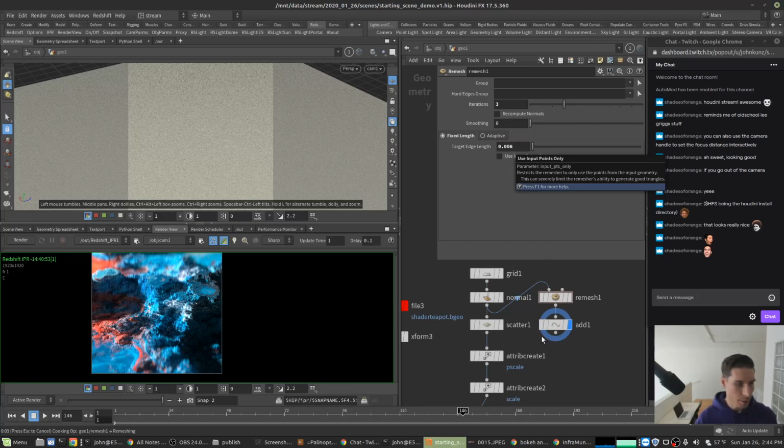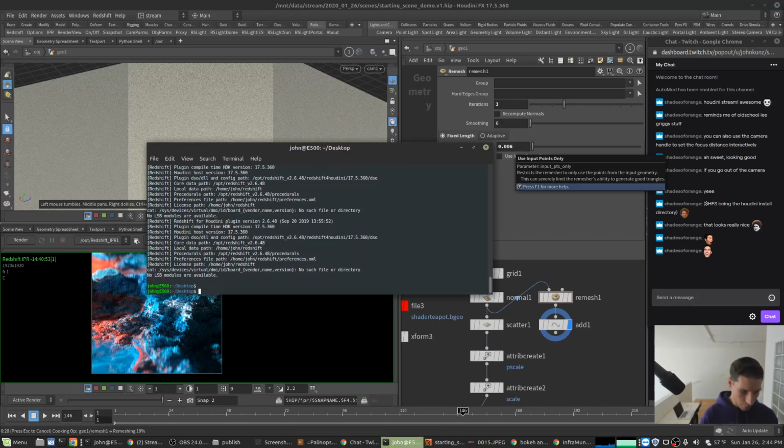So I don't know, sometimes in my tests like this, remesh was faster to make a ton of points but still have them pretty regularly spaced. Sometimes with this scatter node, when I was doing millions of points, it was starting to get pretty slow. It would take like 10 or 20 minutes just to make a point distribution. So I don't know if maybe it's not multi-threaded, or